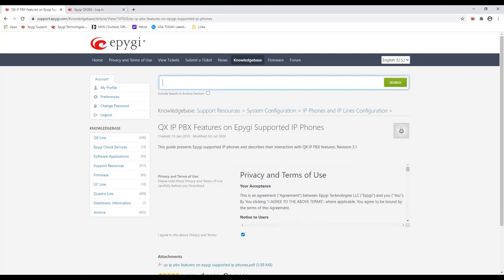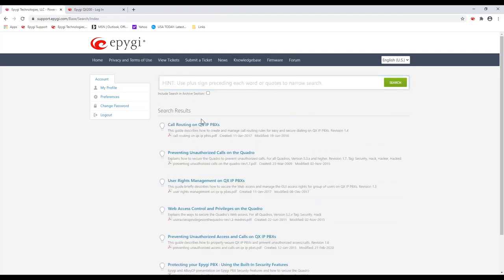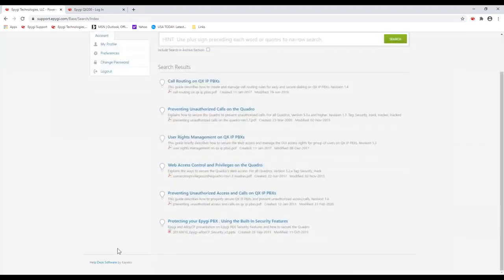Okay, there's another document. If you search on the word secure, the title of these documents should catch your attention, but the one I like to highlight is this one here, where it says preventing unauthorized access and calls on the Epigee QX IP PBXs. Okay, we've done a lot of work as far as security goes. I really think that we are ahead of the curve somewhat. All right, like I said, we've done a lot of work, and by default, the system is